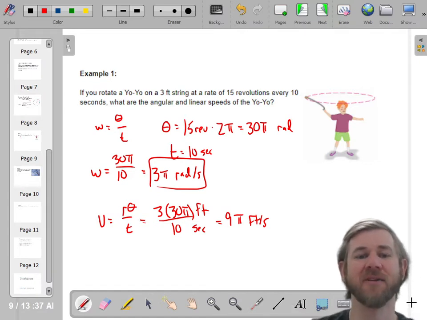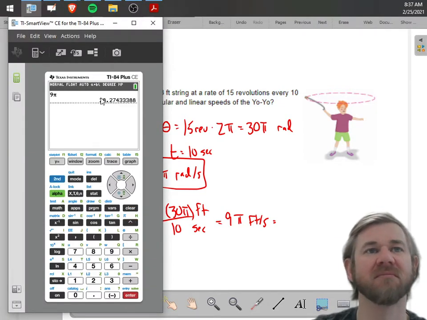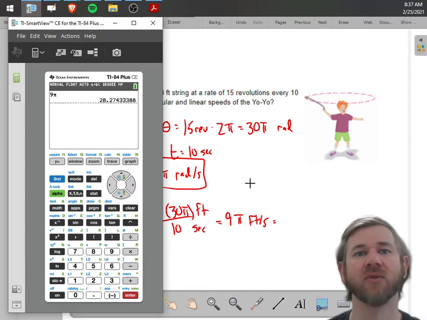Like, you wouldn't see that on your speedometer, essentially. So what I'm going to do now is actually figure out what that would be if it was a decimal. If it's a speed, I want to know what that actually is. So we're going to say 9 pi. Should be like 28. Look at that, 28.27. So we'll say